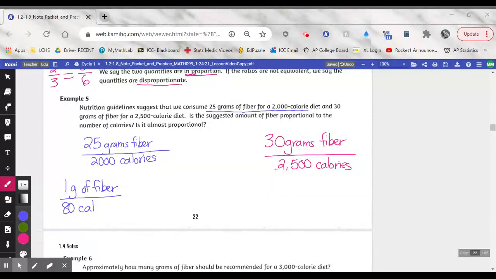And for this one, I end up with 3 grams for every 250 calories. Well, this doesn't seem to be really a simple way to see if these are proportional, because all